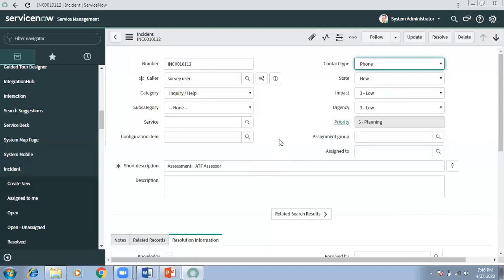The example I was trying to give: if the user is opening a record where the contact type is phone, a phone field should be available. If the contact type is email, then an email field should be available, and the other field should go away.